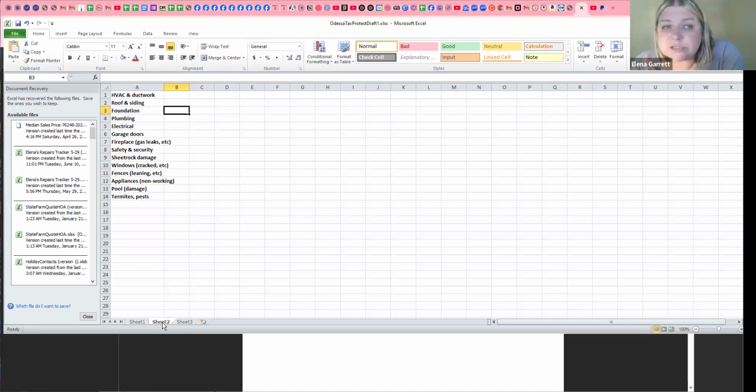Showing pictures. Now the pictures need to be brought potentially on a thumb drive, or you need to print out the pictures, but most importantly, make copies of any quotes that you received from the repair people. Make copies and highlight the total amount and highlight the date when it was given, and say, please take a